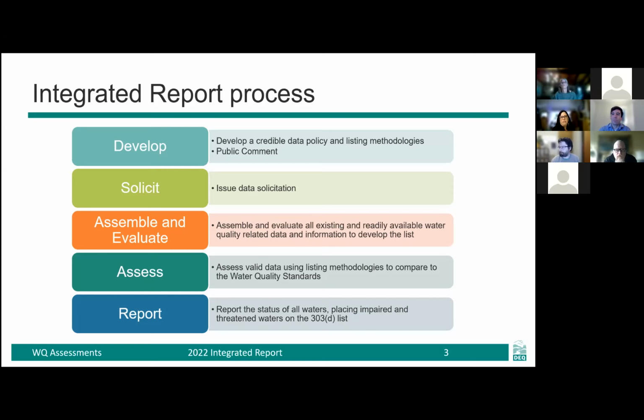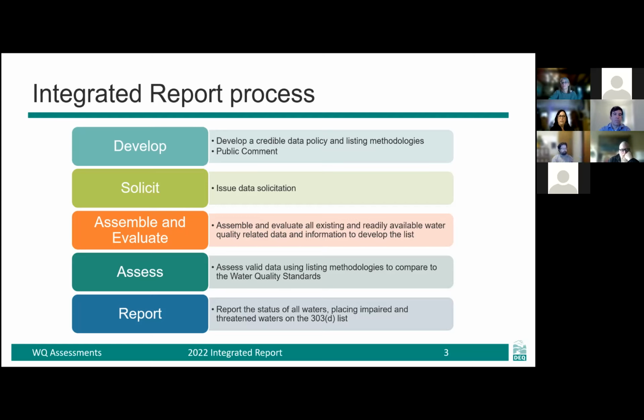States must then assemble and evaluate all of the data that was assembled either through call for data or readily available data sources such as the Federal Water Quality Portal or the USGS NWIS database. We also utilize our own data and informational data as well.